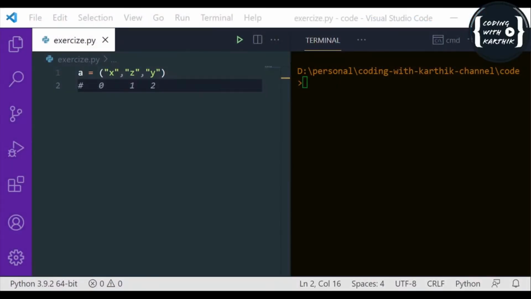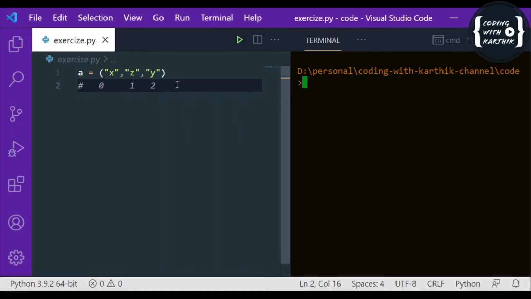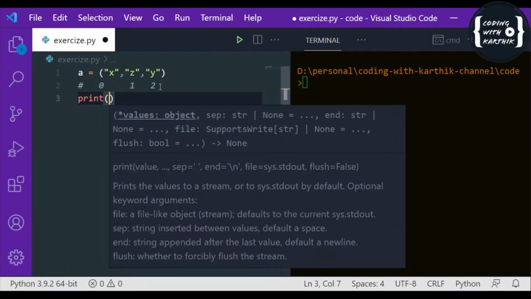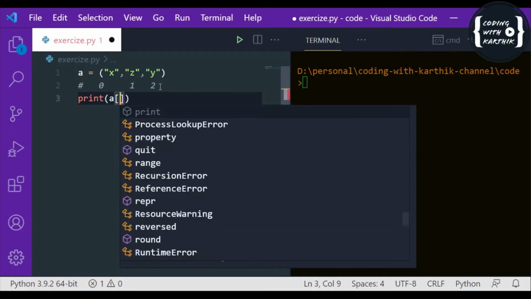Here I have defined one tuple with three elements x, y, z. You can see the index 0, 1, 2. This is the same as a list, which starts from 0. It is a kind of sequence number which refers to the position of the elements. If you want to access tuple elements, we can use this index. This is the same as how to access list elements, right? So we can use the index in the same way.